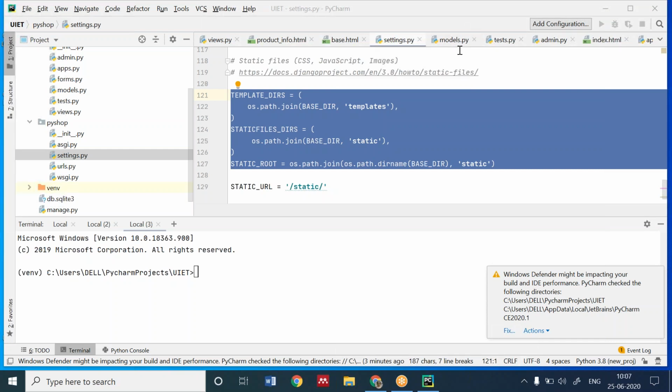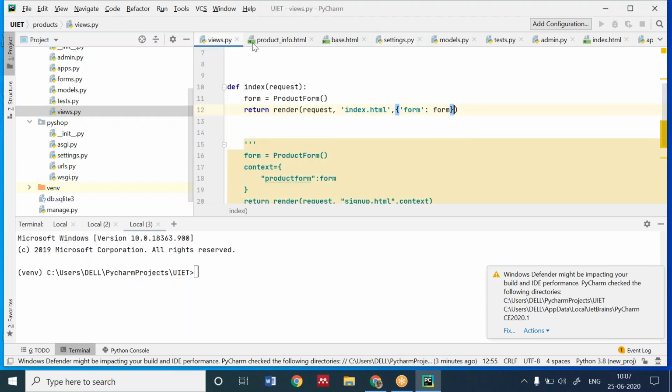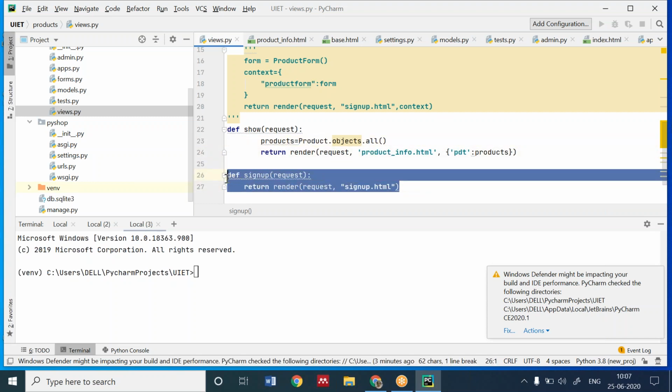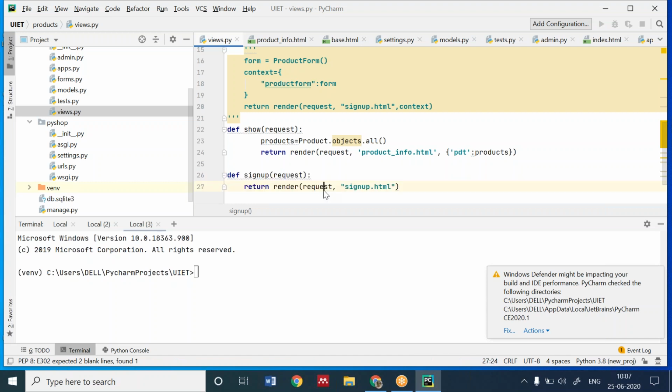Wait for a second. In the views, you have to create a function. Basically, I'm showing you, you have to create a simple function name, and pass the request parameter with the HTML page. Bhavya, I'm repeating it. See that you have done these steps one by one or not. Check your code again. Okay?